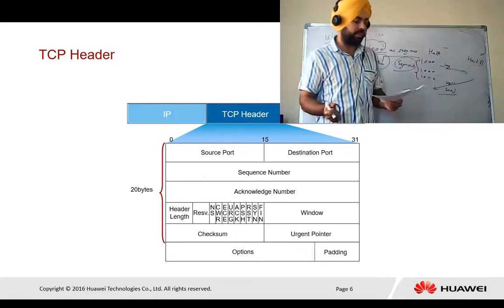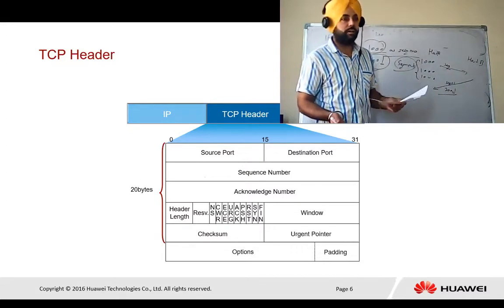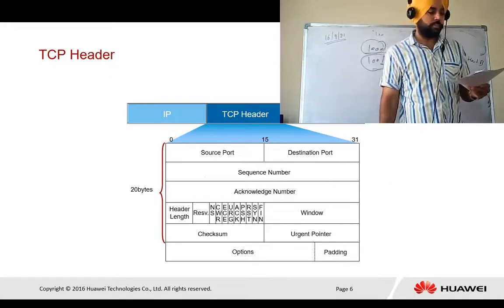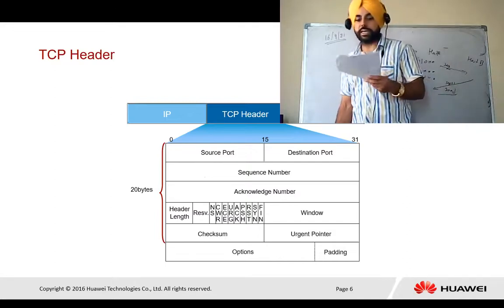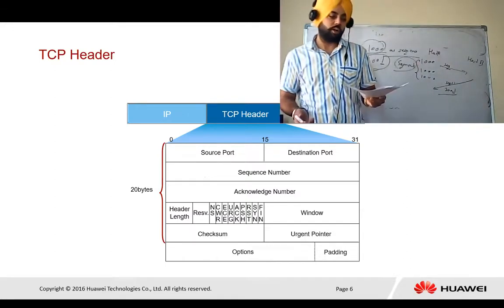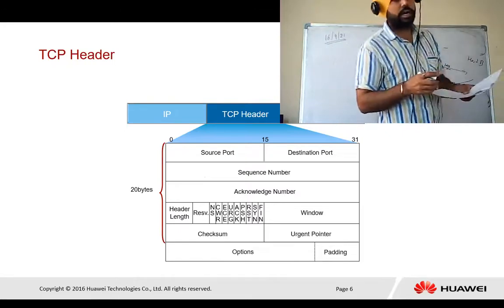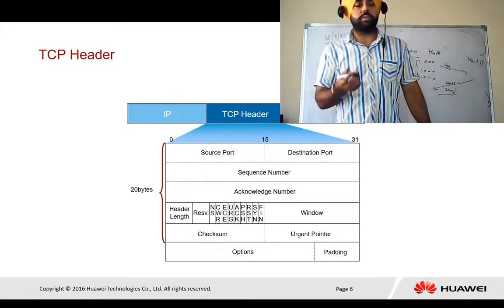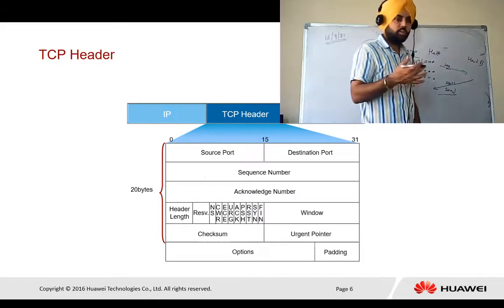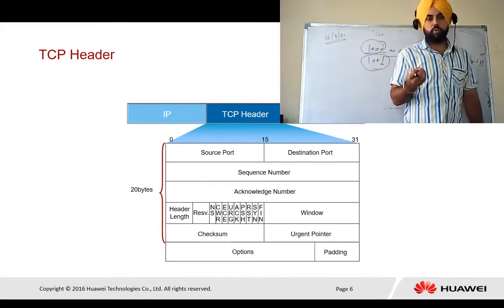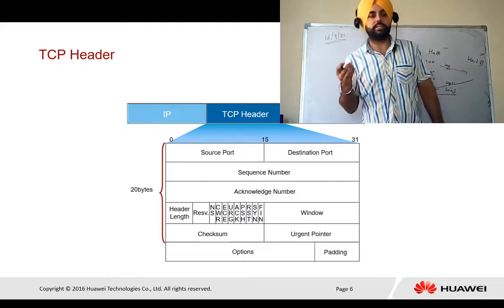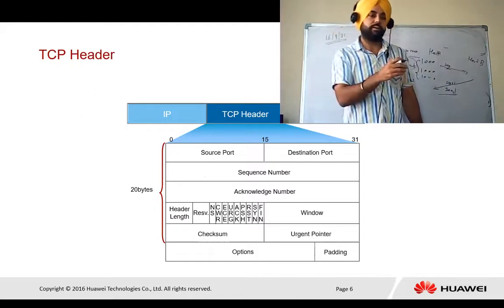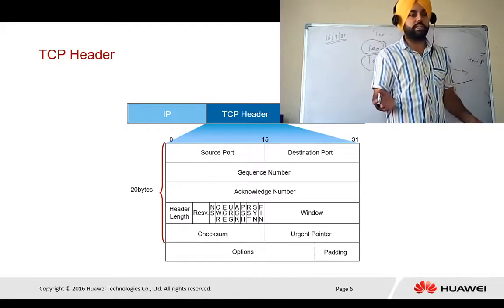Okay. So next we have the urgent pointer. If you want to send data urgently, you just assign the priority of data with the urgent bit set. Suppose we have different ways to travel the packet. If we think this is an urgent packet to transfer to the destination, we just add one urgent bit with that packet, and it will transfer first, before the rest of the packets.